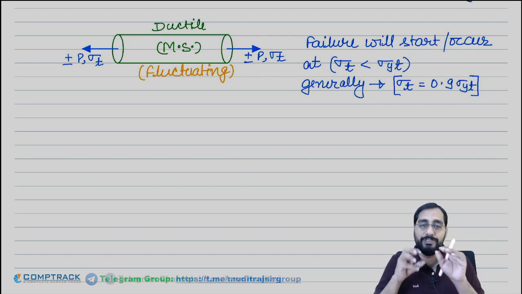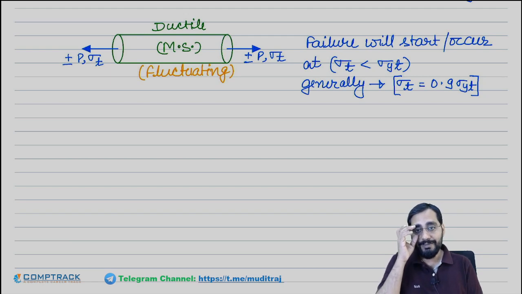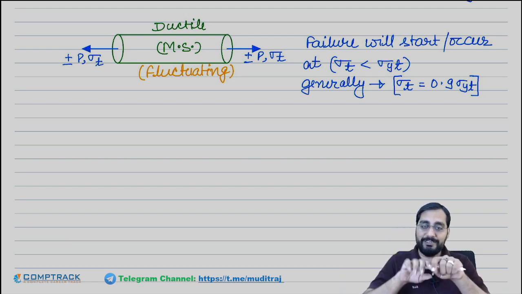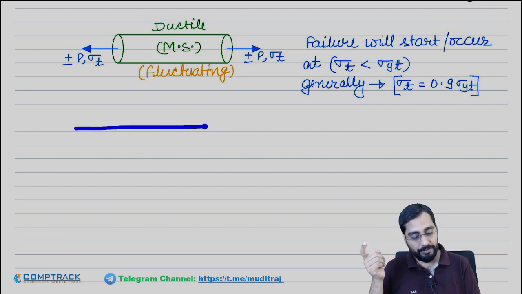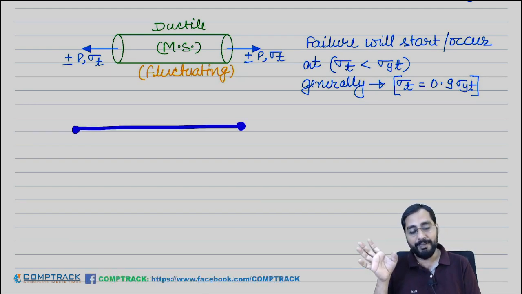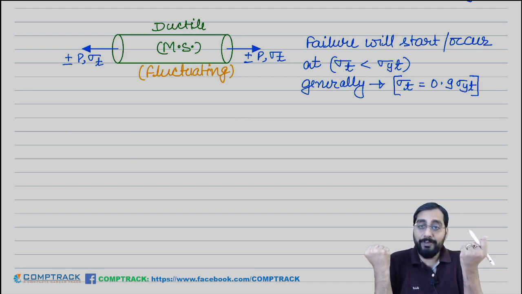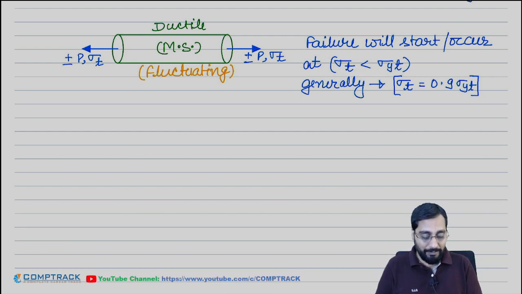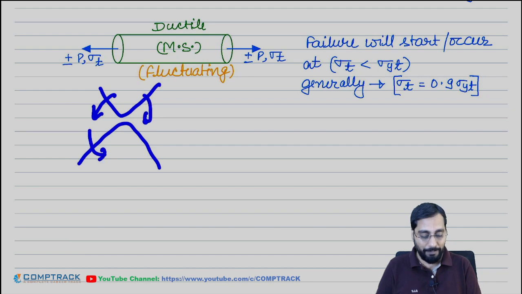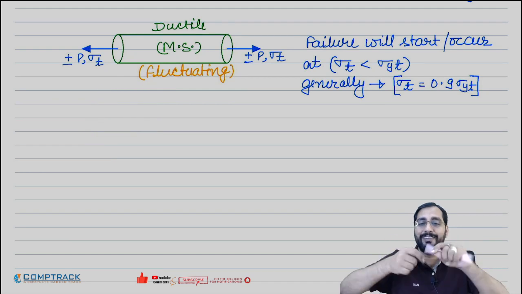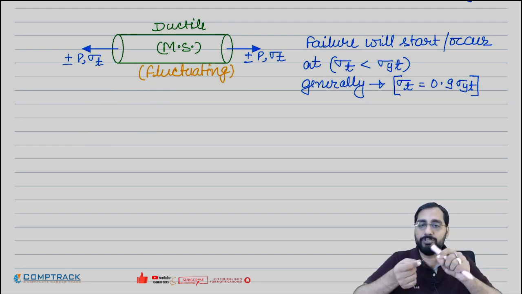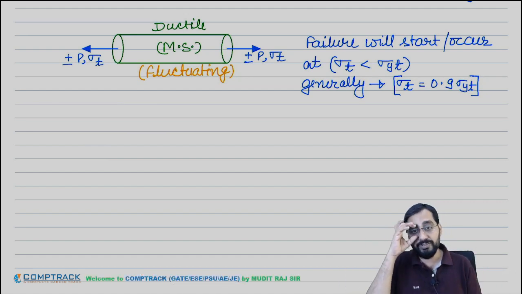So the stress value is very much less, but it is cyclic stress. Let's say if I give you a metal wire, a very thin wire, and I ask you to break it by tension, it will be very hard for you. But the same metal wire, if you bend it up and down many times like this, with very little bending stress, yes or no? After some time it will break. After a few cycles it will break down. Got the point or not?